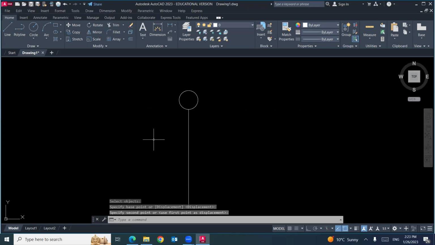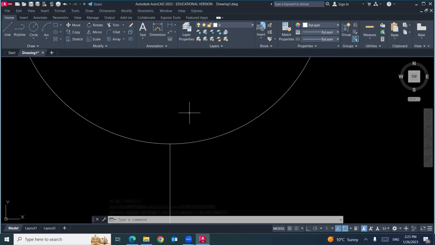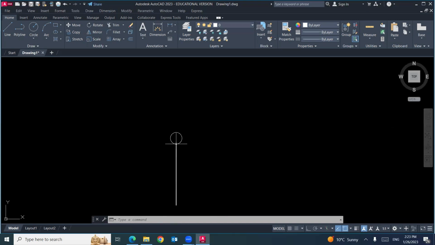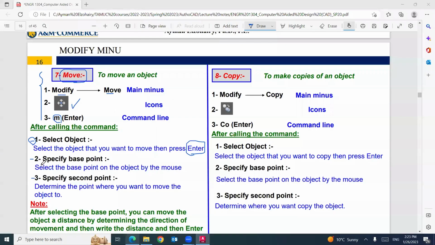So you are making sure 100% the 2 points are at the same location. This is the example. When you are picking up the base point, you are picking up a specific point. When you are selecting the second point where you need to move to, you need to select a specific point.